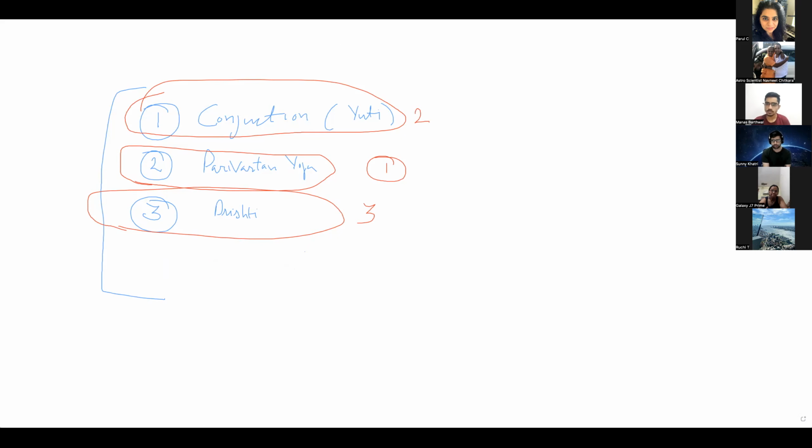It is an agreement. It is a contract that two planets sign at the time of your birth. And it is fixed. That I will take care of you and you will take care of me. That's parivartan. That's the most powerful yoga out of all the yogas.